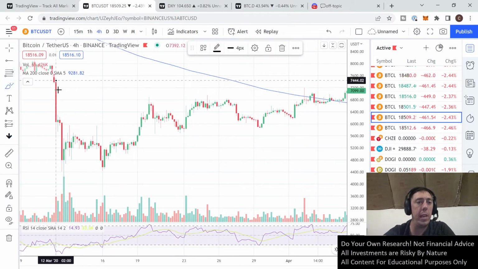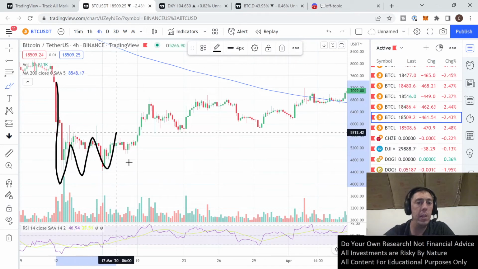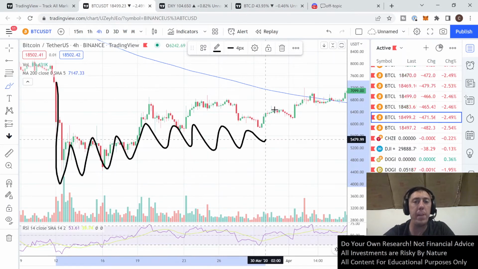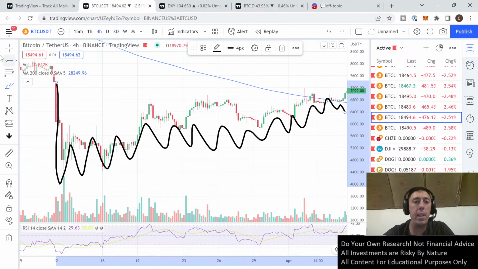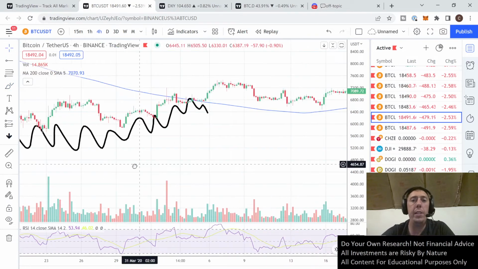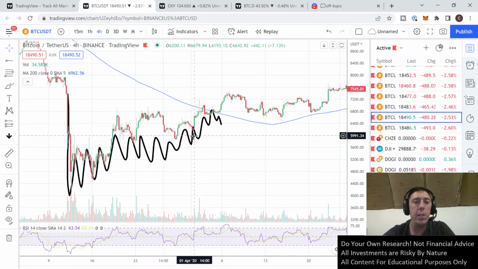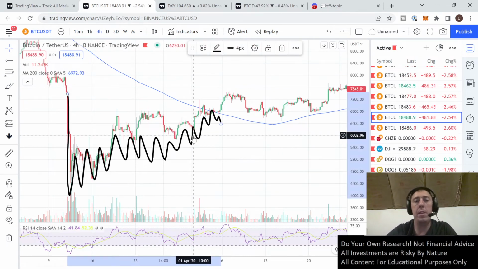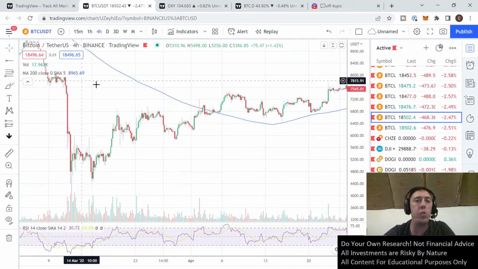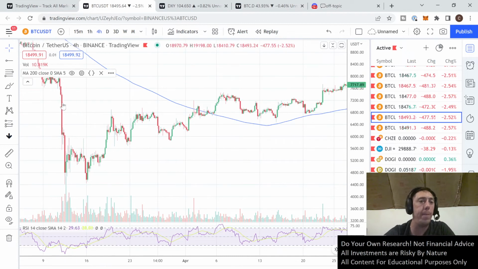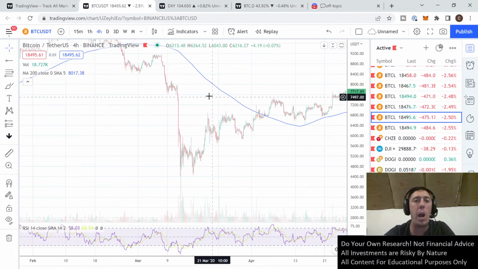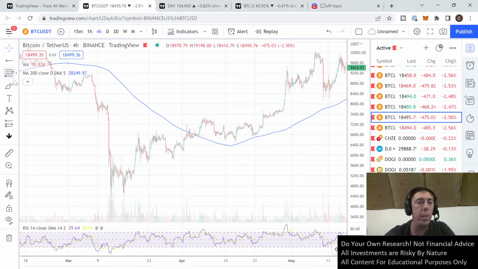Does this not look like a bear flag? Yeah, it does. This entire period of time, and look how extended it was. It did not reclaim the start of that last drop. This is the last drop, the 52% last drop. It did not reclaim that level